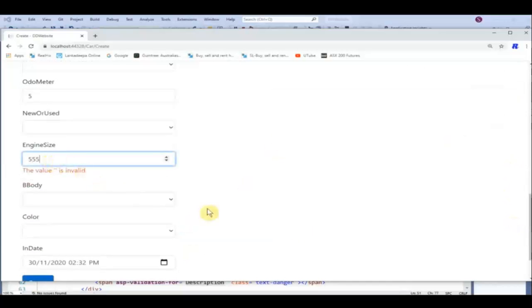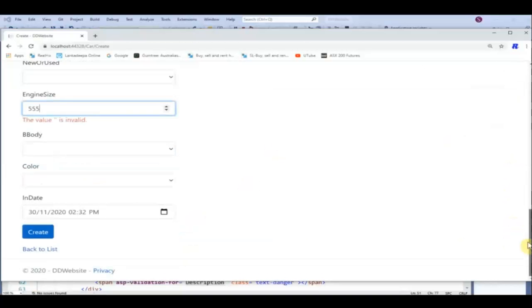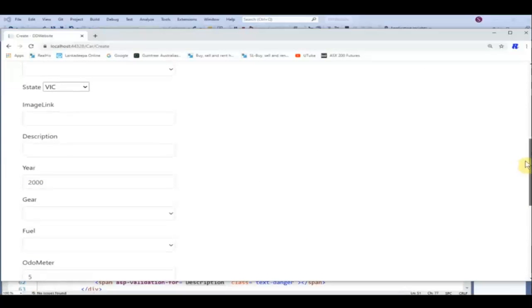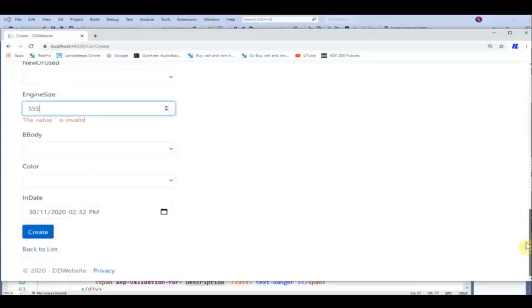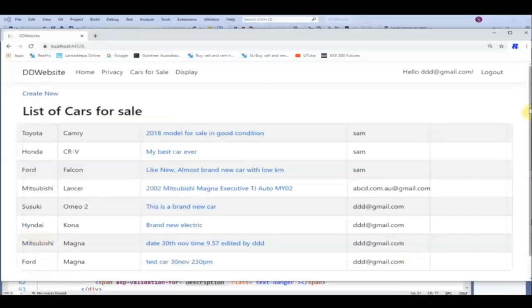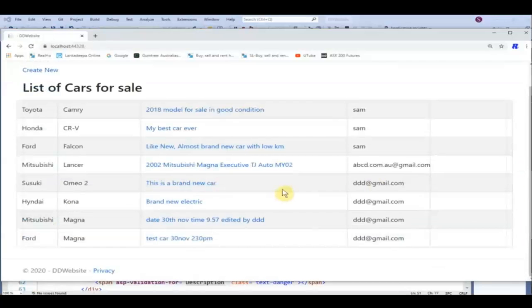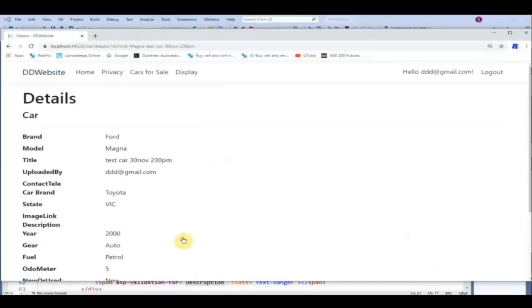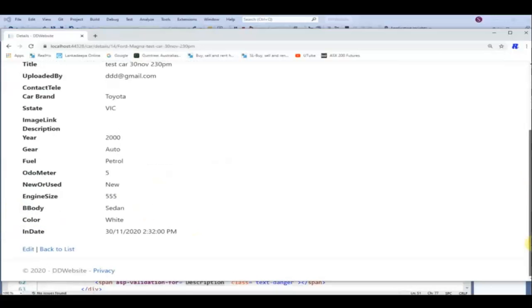Yeah, okay, create. Okay, we'll see what is the... So we'll go into the detail page because, yeah, okay, it says the state is Victoria. Yep. Okay, and